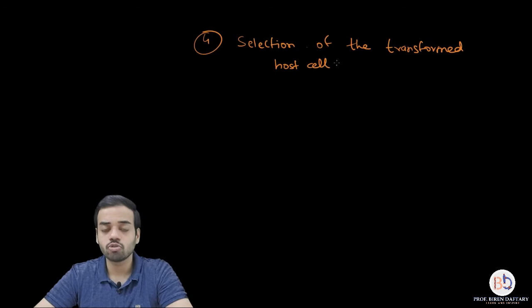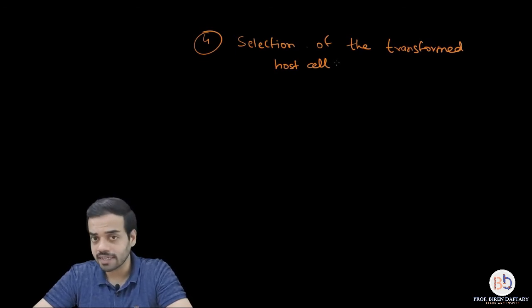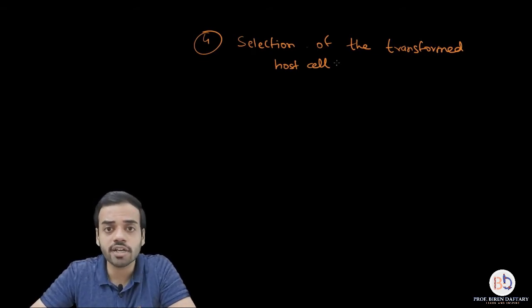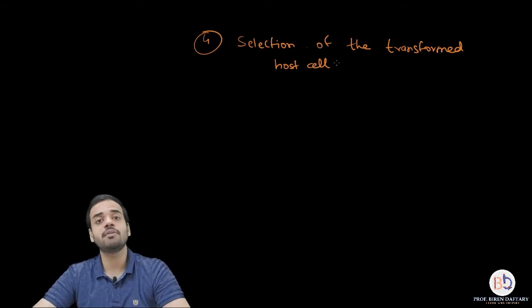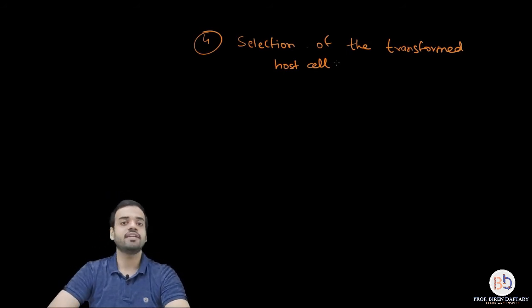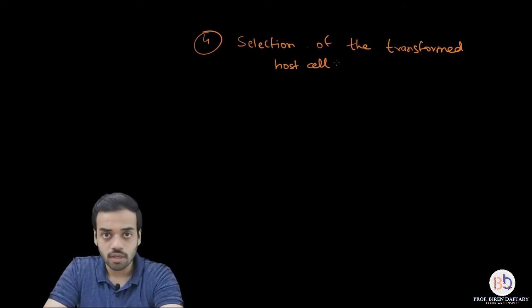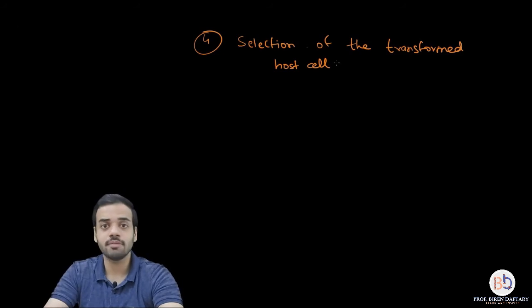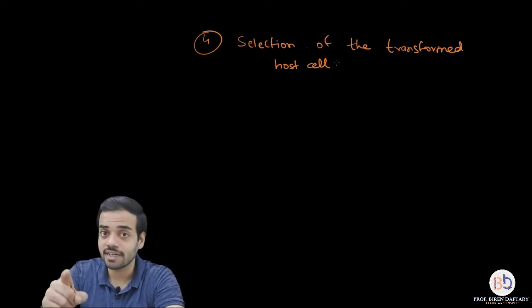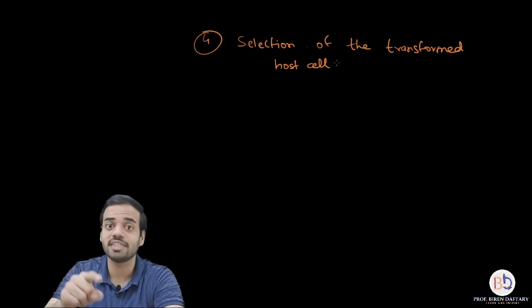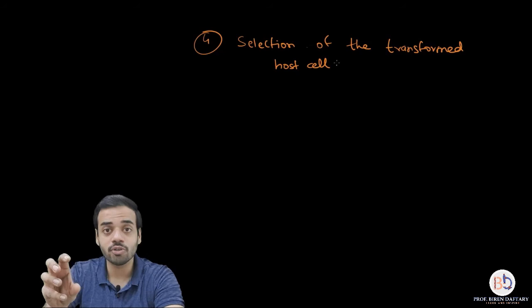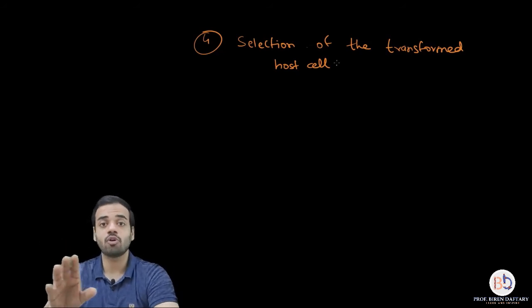recombinant DNA. So as I told you, suppose there are 100 bacteria, suppose we are taking the example of E. coli, out of those 100, only 40 might take up the recombinant DNA, 60 will not take up. So how will you know how many bacteria have taken up? Because finally you want to form a product, and that product will only be formed by the bacteria which have taken the recombinant DNA, because inside the recombinant DNA is your required gene. That required gene is going to cause E. coli to form that desired product which you want. So what is useful for you? The transformed bacteria is useful for you, not the non-transformed ones.